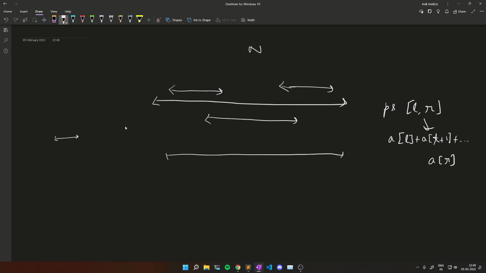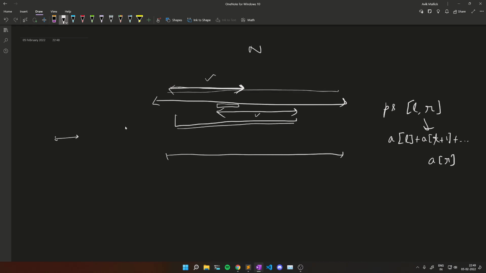Now you need to notice one thing, that let's say we already have been given this value, like we know the answer for this range. Now we are given another range like this. Can we get the total range answer using these two ranges? The answer is yes. Why so? Because if we add this range, and if we remove this overlapping range, then we can get the total sum of this range. Thus we have to tell after q queries whether it is possible to get the prefix sum of the whole range or not,